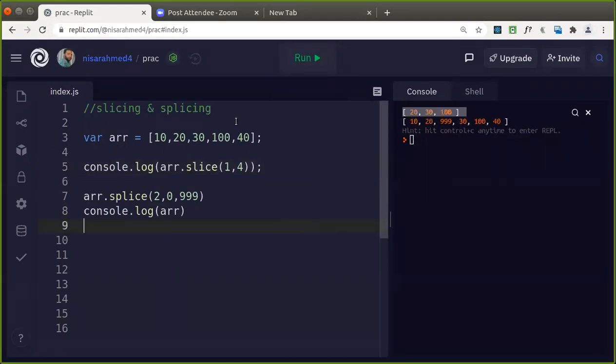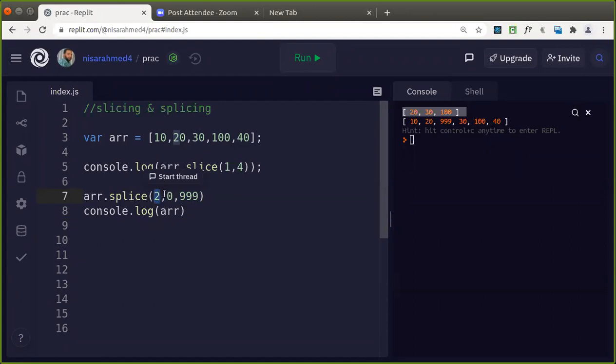So what is splicing here? Splicing is used to replace or modify the values. We can use splice to replace or modify the values in an array. For that, we can use the splice function. So what do you mean by this? The first parameter is the index. At the index of 2, I want to process that. So here at that point, 0, 1, 2. Good.